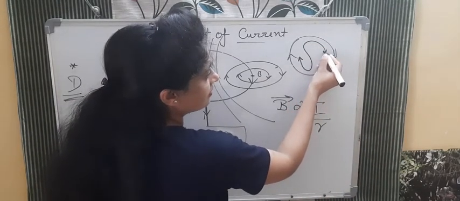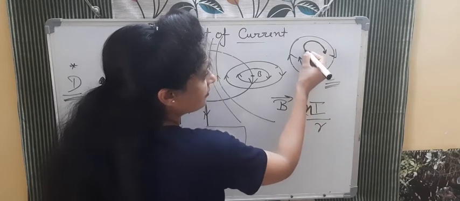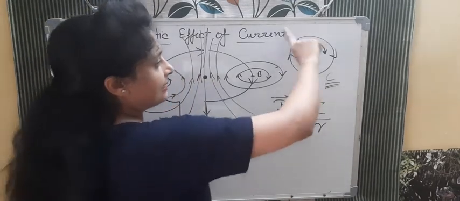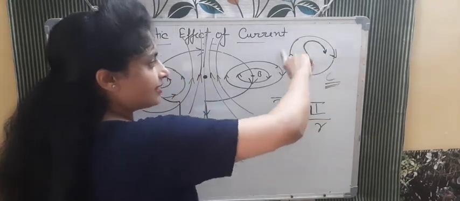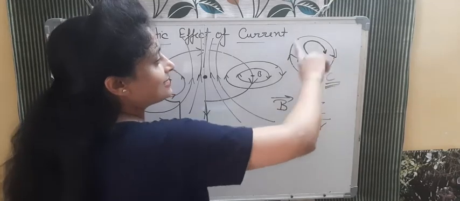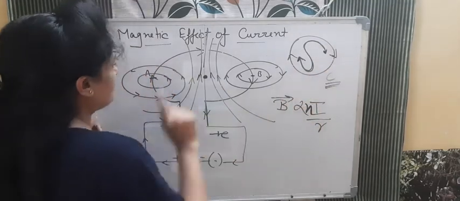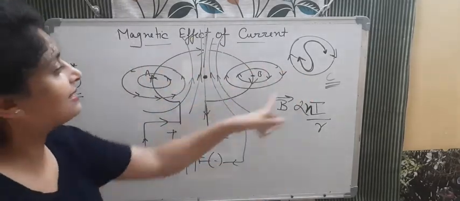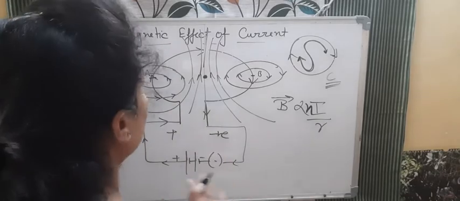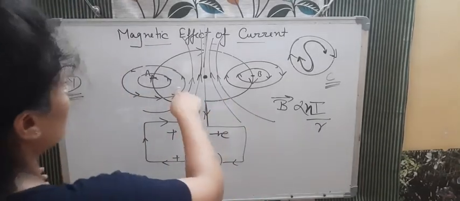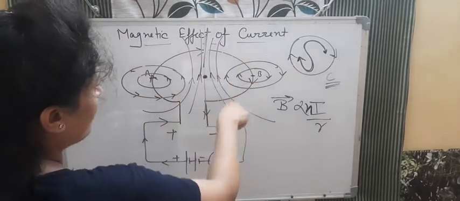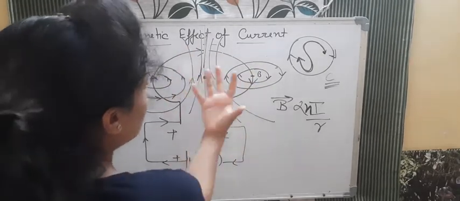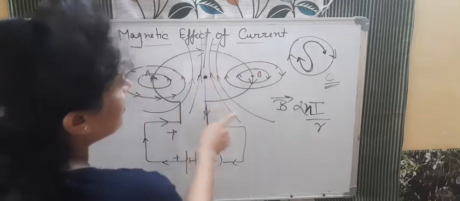See, in any loop, we will say that current is going in this way. Current is flowing clockwise. Current is going here. See, if we look at this loop in this part, I am not talking about the magnetic field lines, I am talking about this loop. When I am seeing this loop from here, the current is going clockwise. Current is going clockwise, and when current is going clockwise, from our side, what kind of pole is this? This will be the south one.